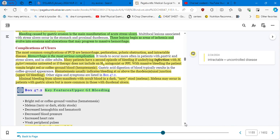Complications of ulcers. The most common complications of peptic ulcer disease, your PUD, are hemorrhage, perforation, pyloric obstruction, and intractable disease. Intractable means uncontrolled disease. Hemorrhage is the most serious complication, right? Many people have a second episode of bleeding if underlying infection with H. pylori remains untreated, or if therapy does not include your H2 antagonist, which is your inhibition of gastric acid secretion, or PPI, your proton pump inhibitor, also inhibiting gastric